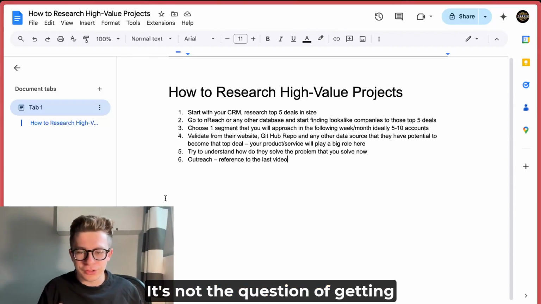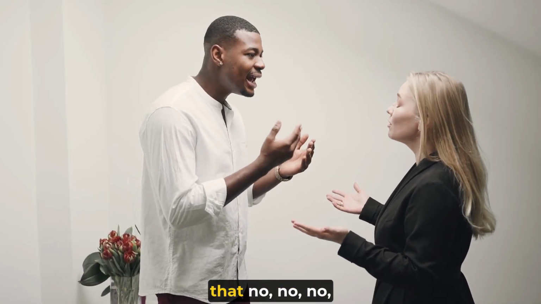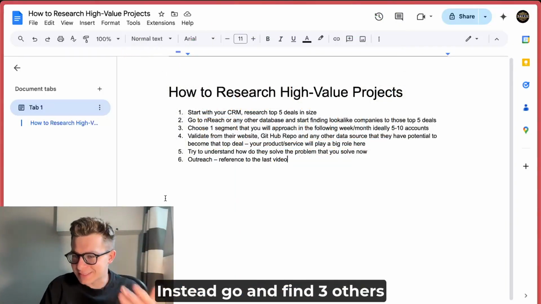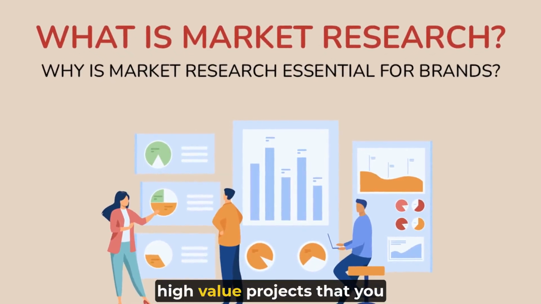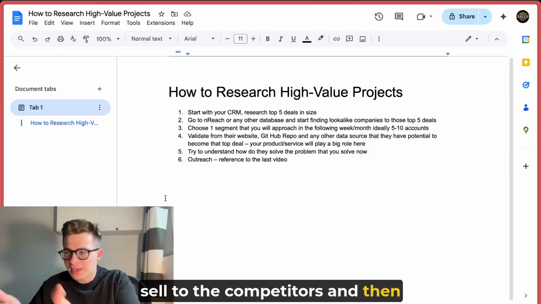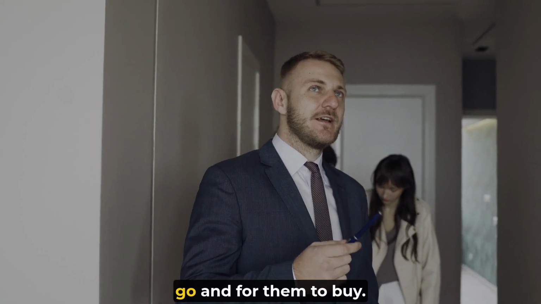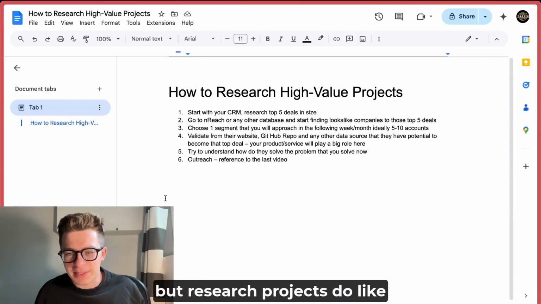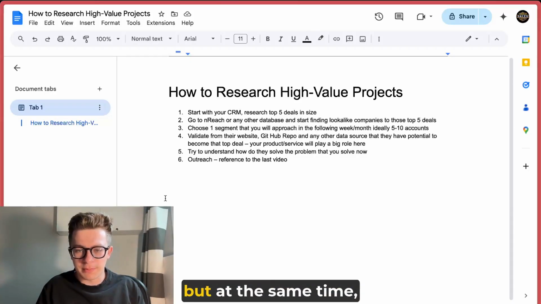It's not a question of persuading them that you specifically need to buy from us. Instead, go and find 3 other high value projects that you will sell to. Find their competitors, sell to the competitors, and then use this as the argument for them to buy. So you're in sales, but research projects, pay attention to the people,